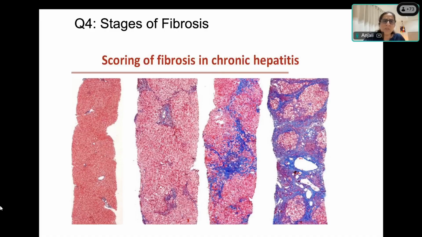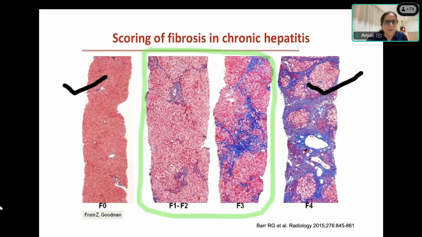Meghparna, would you like to say on left hand, second from left? What is the score of fibrosis in this core? Ma'am, there's portal fibrosis, but without any septa. Like there's only portal fibrosis, the left second one. Yeah, a little bit of thin fibrous septa somewhere. Now from right-hand side, second from right. Ma'am, that one is portal fibrosis with broad septa. Bridging fibrosis. I would like to say that this one is thin septa and this is bridging fibrosis. And this is development of liver cirrhosis, which is extreme right.